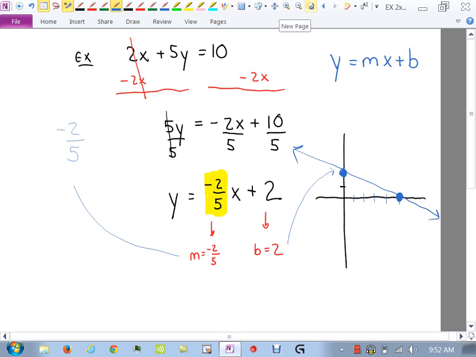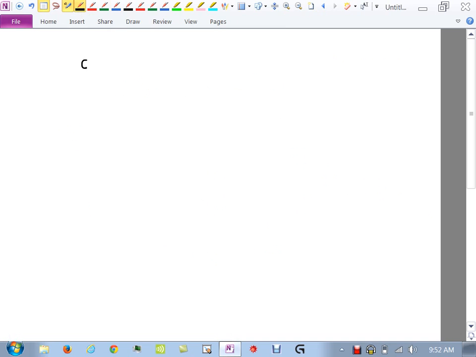Okay. Let's try one more. Is that a linear equation in 2 variables? Is that a linear equation in 2 variables? Yes? You have 2 variables, right? It's an equation. They're linear. So that's a line. I'd like for us to sketch this